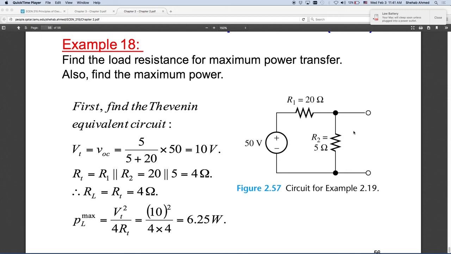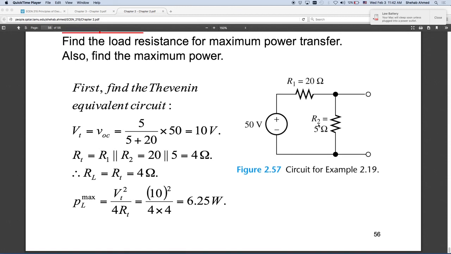You would find the Thevenin equivalent circuit for everything inside the box, and then this Thevenin equivalent circuit will have a resistance. This resistance will have to equal the load resistance that you put in if you want to transfer maximum power to the load. And that's really the last slide in this chapter. So we wrapped up chapter 2. If you have questions about this last part, let me know. But the equations, I mean, direct substitution is really